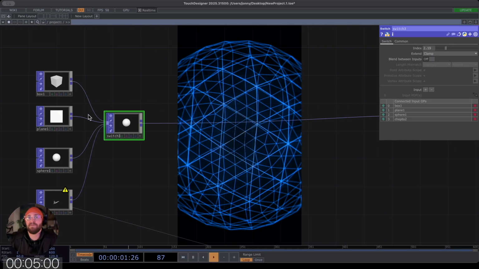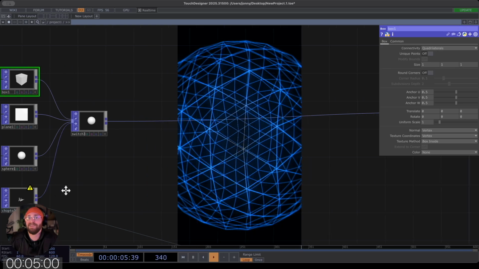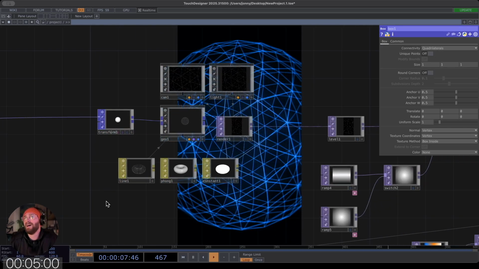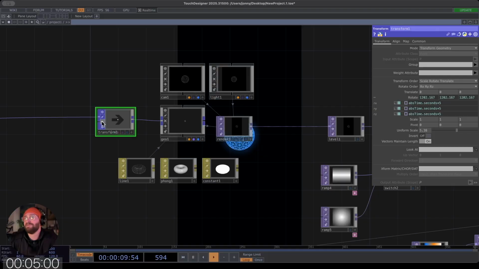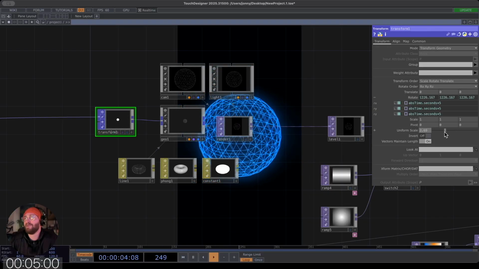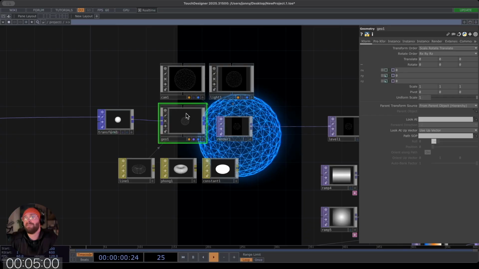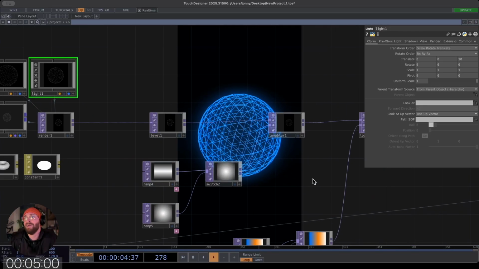Cool. This switch, I have a couple different things to start with: a box, a plane, a sphere, and that chop. This transform just allows me to change the scale of whatever I'm working with. It also slowly rotates in all directions there. We've got our render network, got our geo, a couple different materials we could use, cam, light, render it out, and a couple